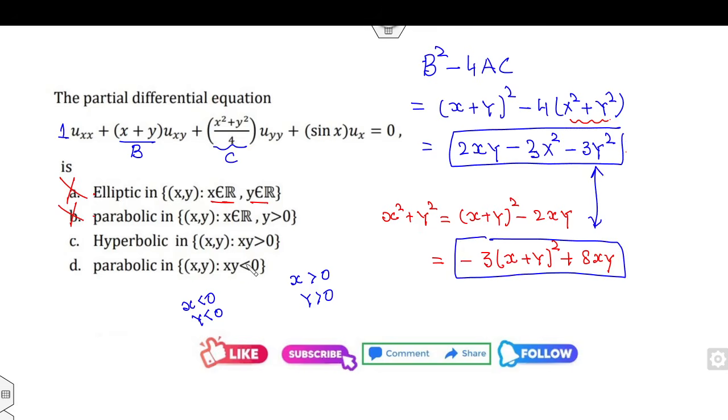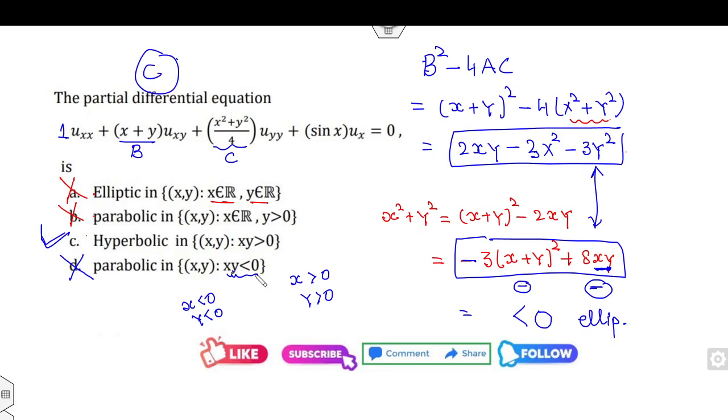Firstly, I can think about this quantity. Look at that. When xy is negative, this value is negative. This number, (x plus y) whole square, is always positive. So because of this negative, it is always negative. So the whole quantity will be less than 0 when xy is negative. That means this will be elliptical, but he said parabolic. That's not possible. So the only option left is C, the right answer of this problem.